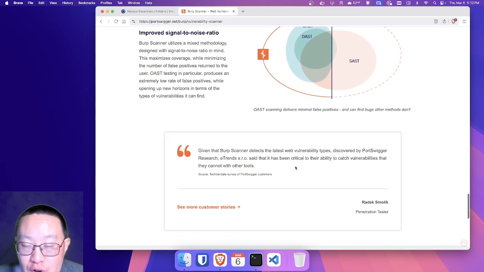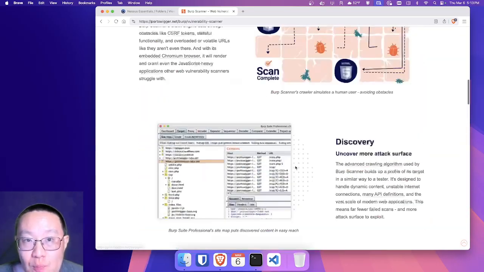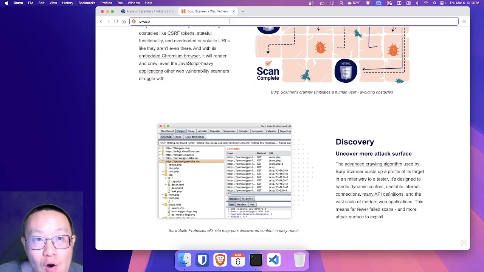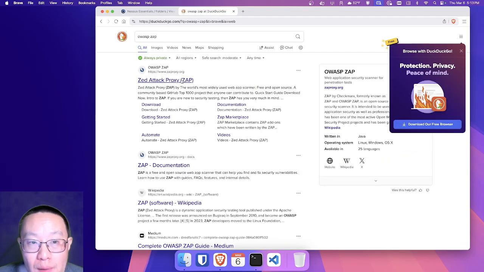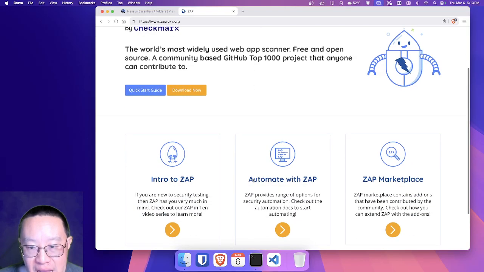Now, if you're not comfortable using commercial software, you would want to use something that is free and open source. OWASP ZAP. The OWASP project has something called the Zed Attack Proxy. It is a web application scanner. It's also a proxy. It has all the features of Burp. It's also written in Java. Back in the days,